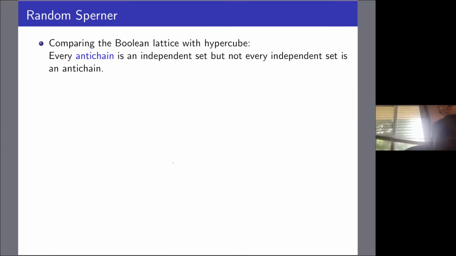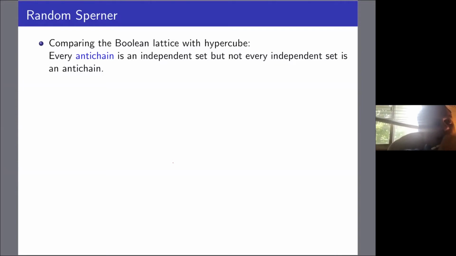A related or similar model is the Boolean lattice. The difference between the Boolean lattice and the hypercube is that in the hypercube, between two sets we put an edge if one of the sets is contained in the other and their distance is 1, while in the Boolean lattice we have just the general containment. So in the Boolean lattice, every antichain is an independent set, but